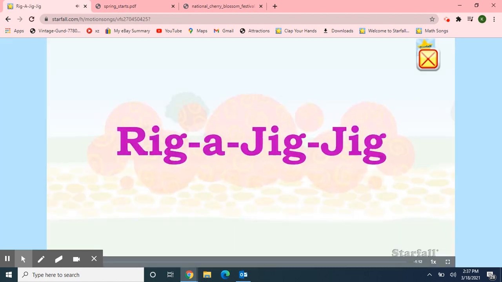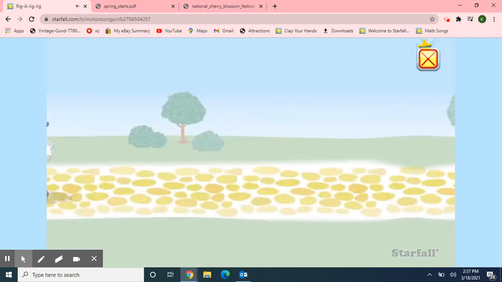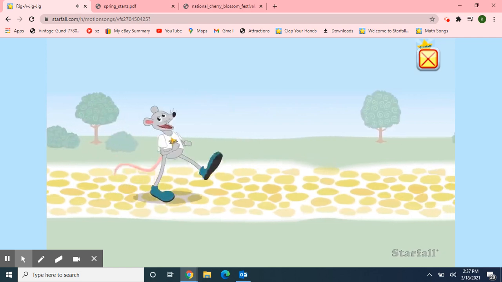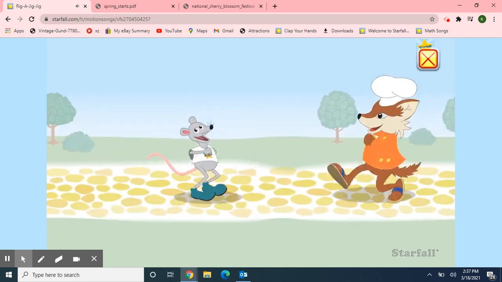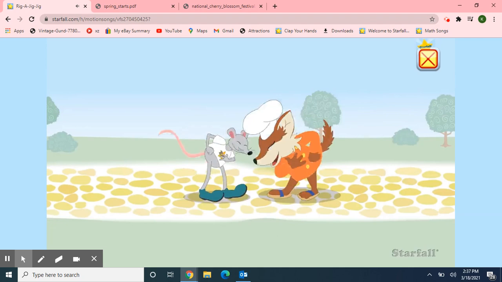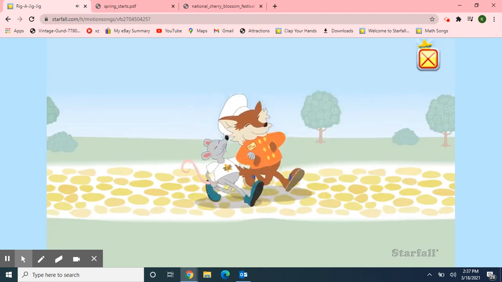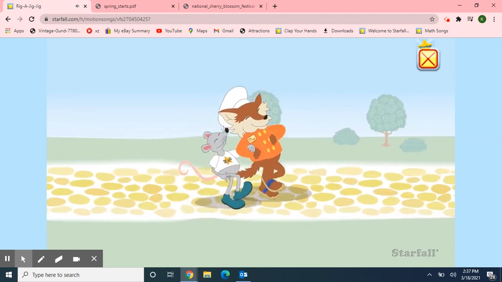Rig a jig jig. As I was walking down the street, a very good friend I chanced to meet. Hi-ho, hi-ho, hi-ho. A rig-a-jig-jig and away we go. We clapped our hands and stomped our feet. A rig-a-jig-jig and away we go. We jumped up high and came back down.